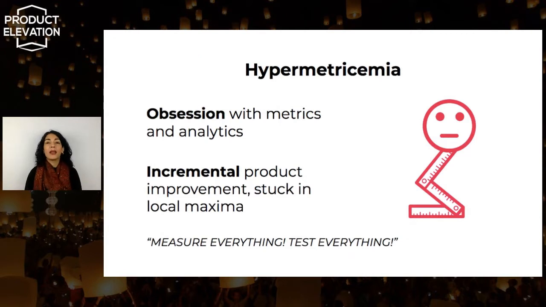This next disease is hypermetrocemia. In our world where we are constantly hearing the words about being data-driven and analytical, there is an obsession with moving metrics up and to the right. We keep hearing we have to measure and test everything. Paul, in this case, was measuring everything, testing everything. He got all sorts of numbers on his product, from NPS scores to daily average users, but the one metric that really mattered was not what he was optimizing for, which was how many people are actually spending their own money to buy someone a coffee.